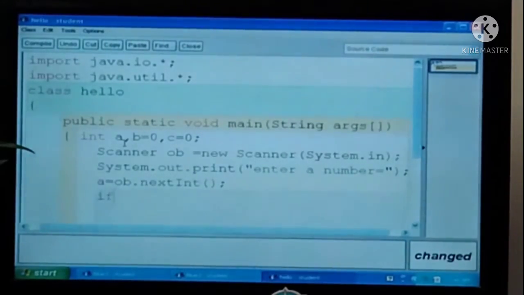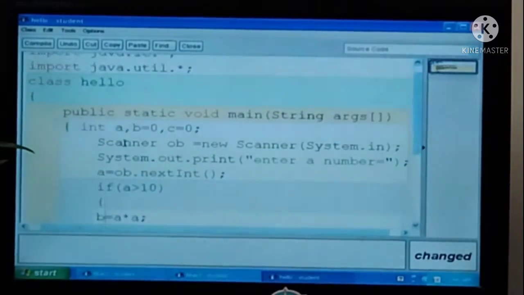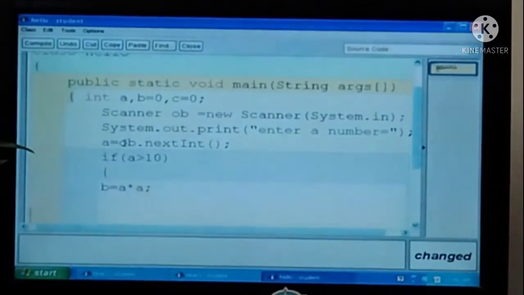Now the multiple ifs. If a is greater than 10, what I am doing is a into a, I am finding the square of the number and storing it in b, and just print it.